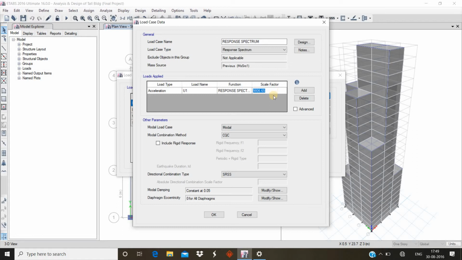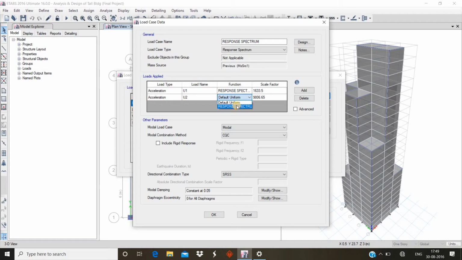We have already calculated the scale factor by using the formula Ig upon 2R. The calculated value is 1633.5. So this is the X direction, U1, and also click on acceleration, and the load name is U2, and go to function.